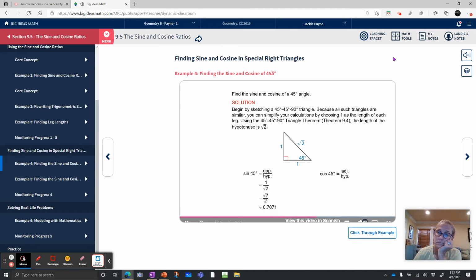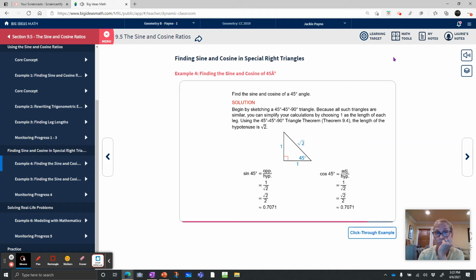The length of the adjacent leg is 1, and the length of the hypotenuse is the square root of 2. So, the cosine of 45 degrees equals 1 divided by the square root of 2. To write your answer in simplest form, multiply 1 divided by the square root of 2 by the square root of 2 divided by the square root of 2. This gives you the cosine of 45 degrees equals the square root of 2 divided by 2, which is approximately